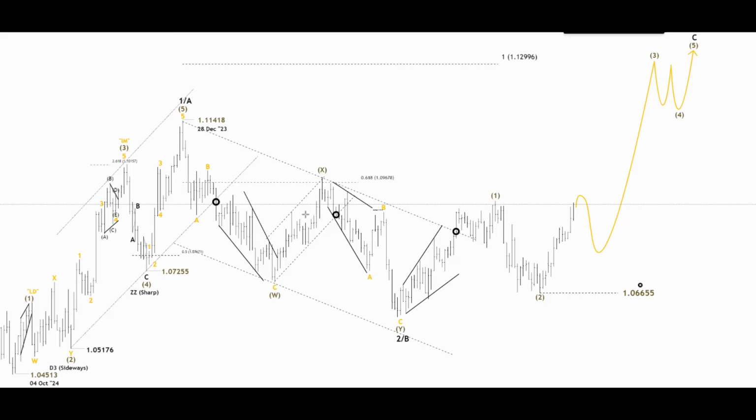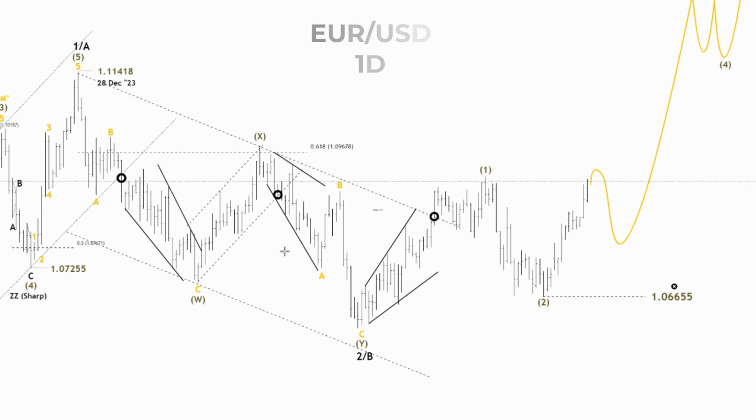The price broke the channel that we were talking about and made another zigzag as expected. It started with a leading diagonal, a recovery through wave B that retraced deeply of wave A, which usually happens when you see a leading diagonal, then another drop through an impulse wave that represented wave C of wave Y within the wave 2 or B. Now the price made a reaction through another diagonal pattern representing wave 1 of a possible